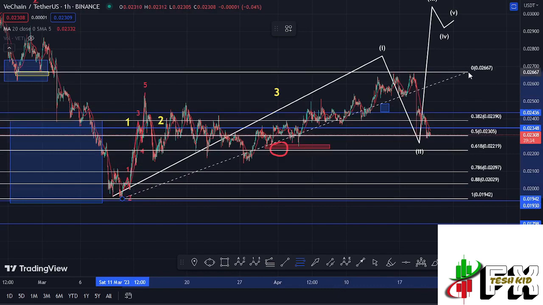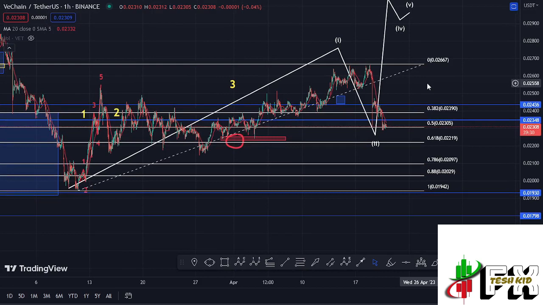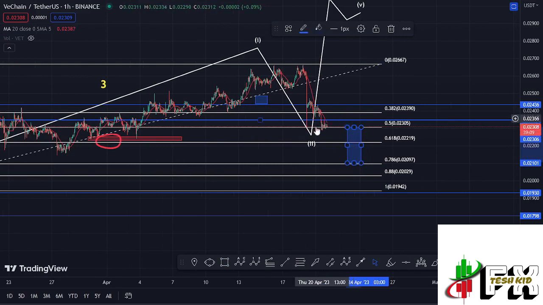That now gives me a target area in the formation of that wave 2 between the fib level 0.5 and the fib level 0.78 as a maximum, and I can mark that target area here on the charts, which lies between the $0.02305 mark and the $0.02097 mark. And you can see that at the time of this recording we are trading slightly above the fib level 0.5,